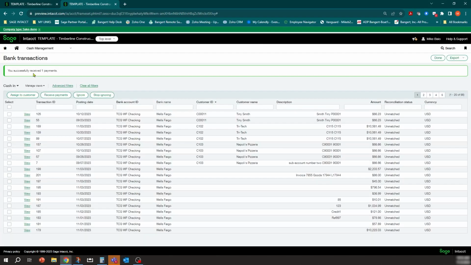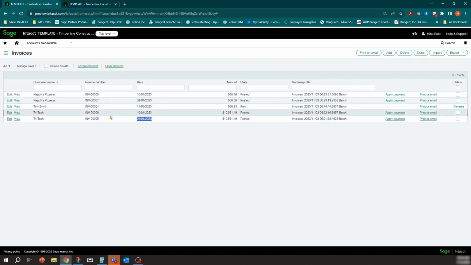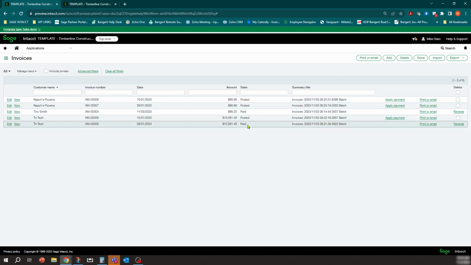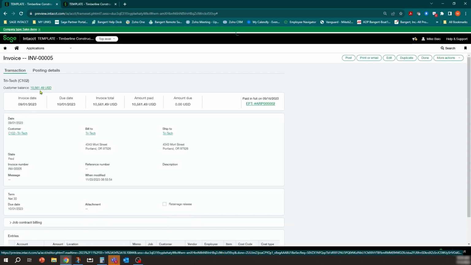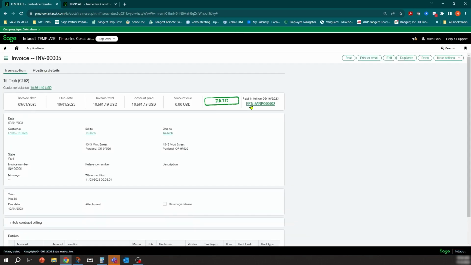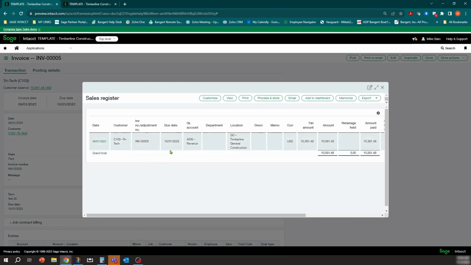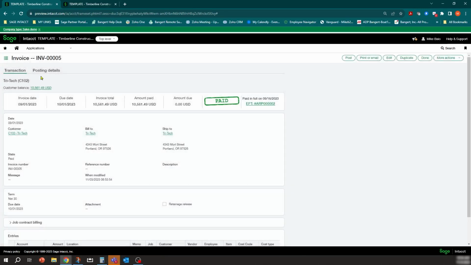And what will happen now is you successfully received one payment. You'll notice now there's only 4 left because our view is only showing unmatched transactions. And if we jump over to here, you'll also notice that if I do a refresh on this, one of these has been paid. And there's the payment. And if we want to go ahead and view it, we should be able to see that it's paid. And there's the EFT that it was paid with automatically in your system. And then there's a little register that you can run on that. And then you can see posting details.